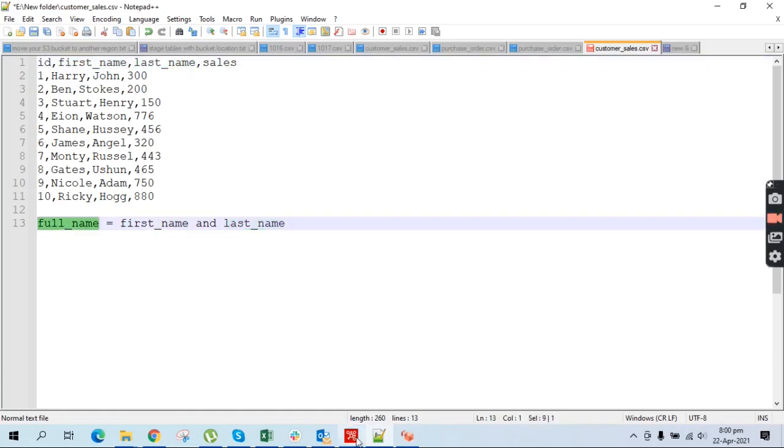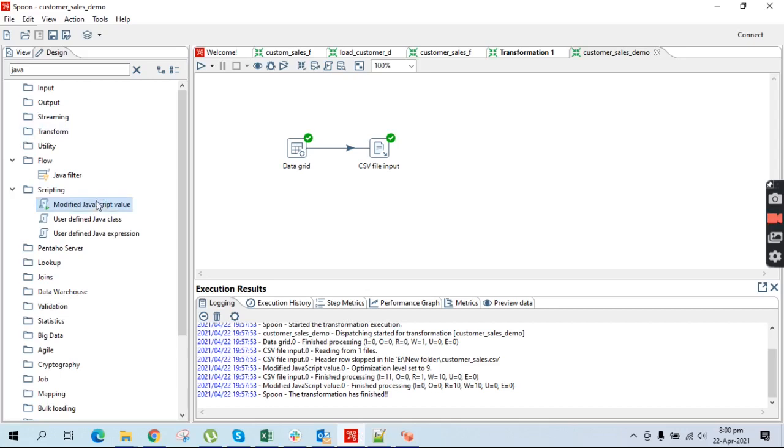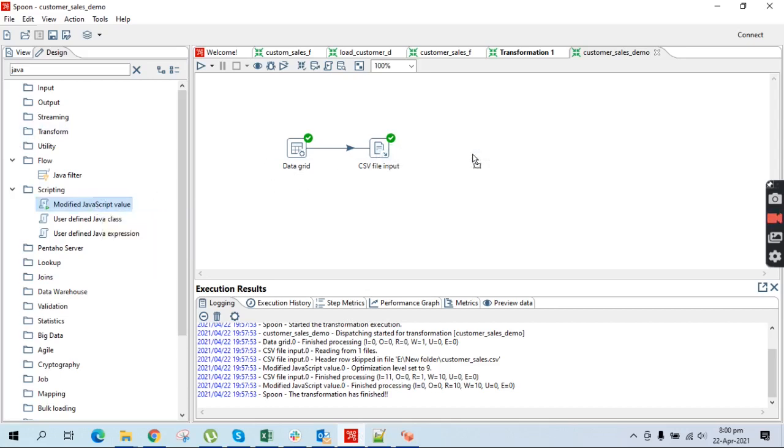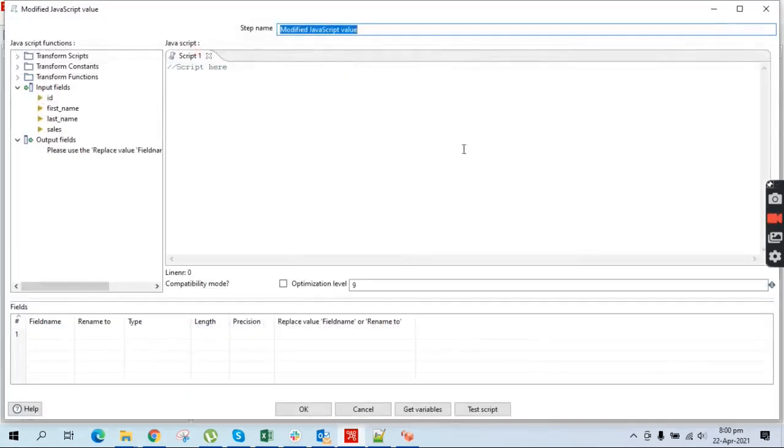So we will do this using a JavaScript value component. We will drag it here, and we just link this component with the previous one. Yeah, we get ID, first name, last name and sales from the previous step. Now we will just concatenate these two variables.